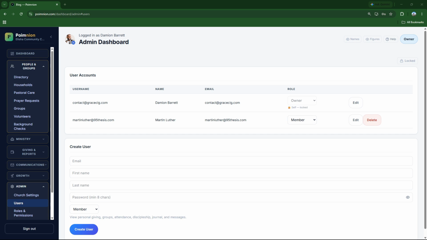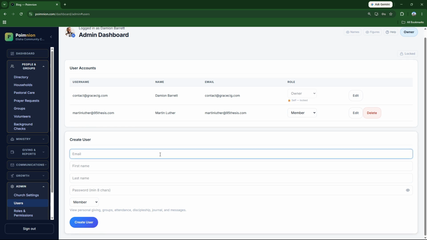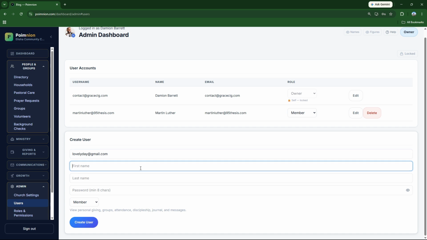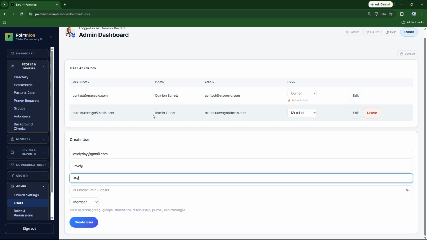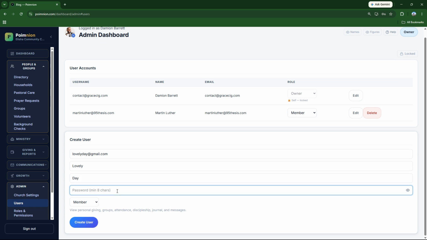The first is by getting the information for someone. So for instance, if you get their email, you could say, lovely, so I'm just going to put a random email here. For instance, the email is lovelyday@gmail.com. And the first name is Lovely, last name is Day. Now you could either leave this blank or you could put a temporary password here, right? So if you put L Day 1234 star,